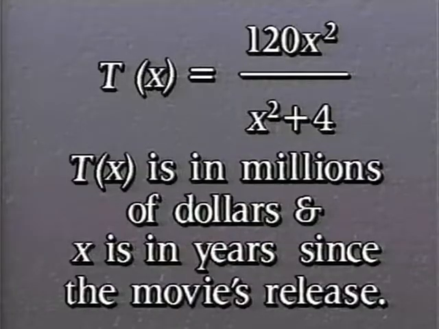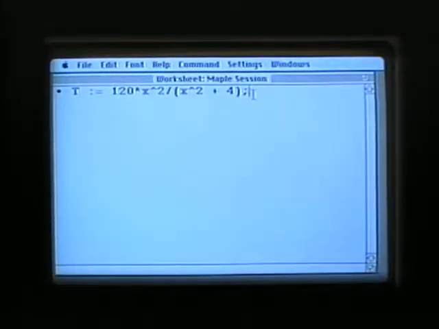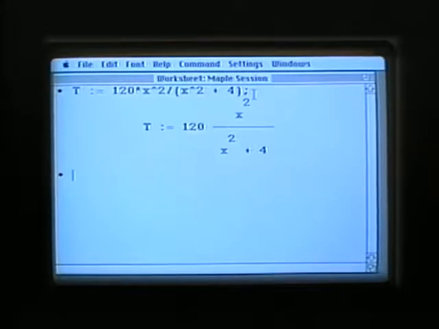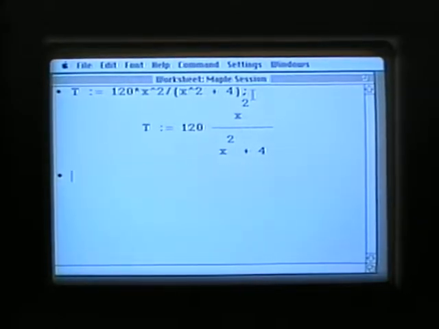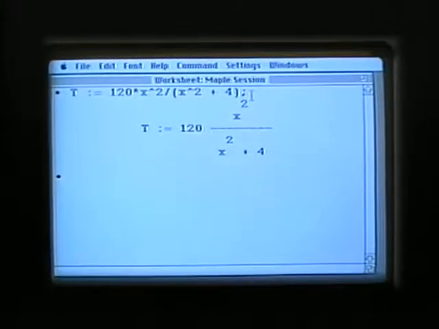As you can see, this gives rise to a function. This function can be entered into Maple. So let's look here. This is what a student would type in. There's some syntax that you have to worry about. It doesn't look exactly like what was in the textbook. If we actually do enter it, however, the student can see that what they entered is exactly, well, it too doesn't look exactly like that, but they can certainly tell that this is the correct function. It's actually closer to what they'd see in a math book.